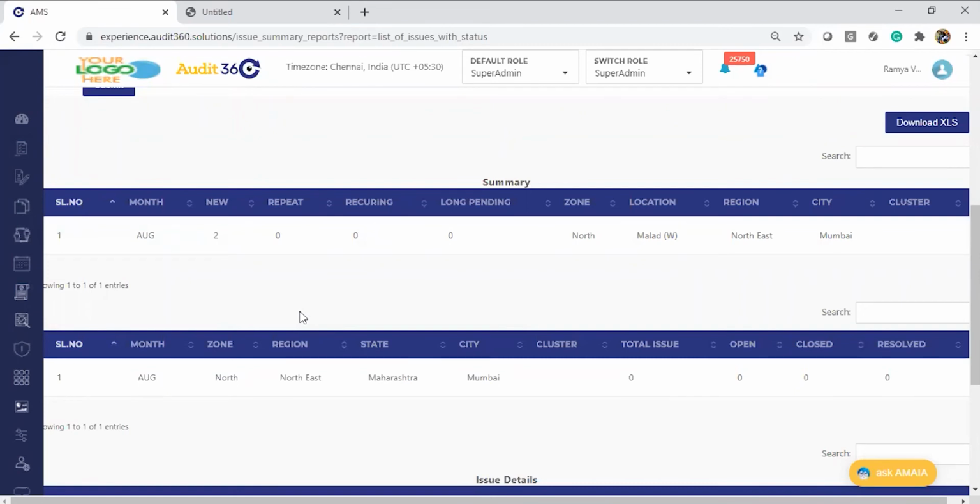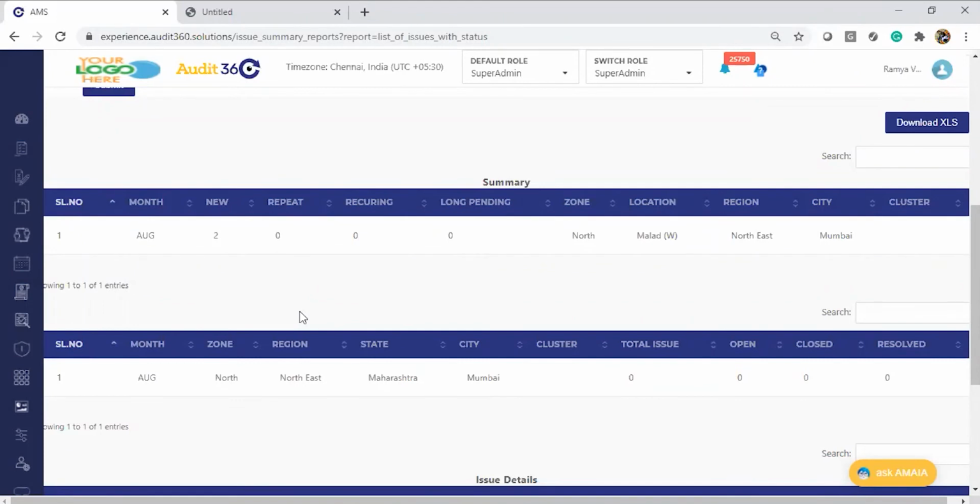And when further audits happen, if some of the issues we identified are identified in the next audit also for the same auditee, for example, I would be doing an audit for Evershine Nagar. I have done the audit in the month of June and identified 2 issues.